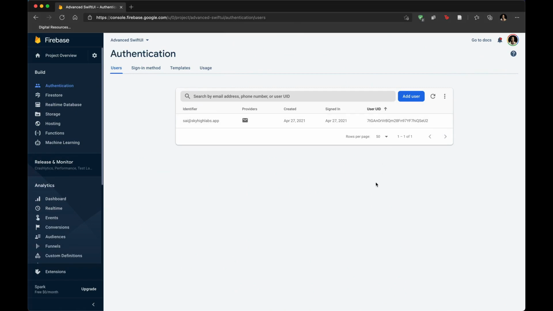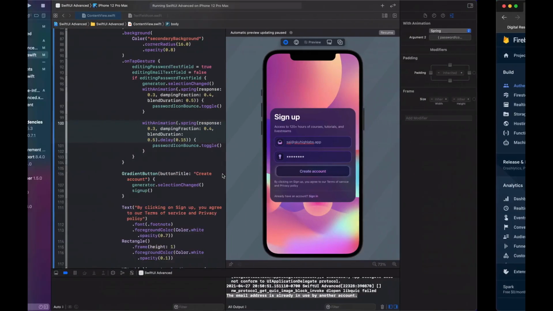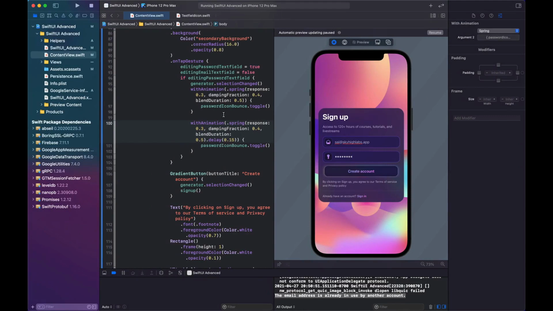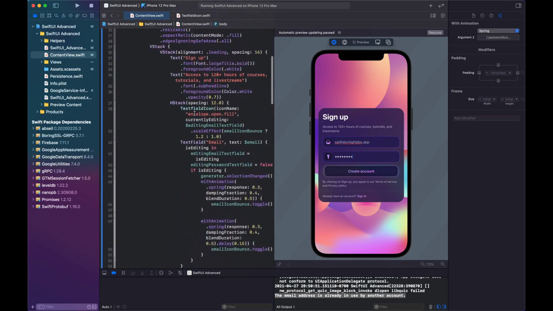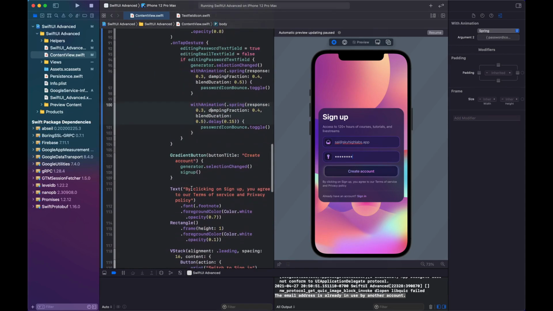Isn't that cool? With just 5 to 6 lines of code, we were able to create a user and save it onto our Firebase project. Now going back over to Xcode, once a user signs up, we want a way such that we know that a user has currently signed in, so we can immediately segue over from the sign up screen over to the main profile screen. So what we'll do is go over to the gradient button view, which is over here, and